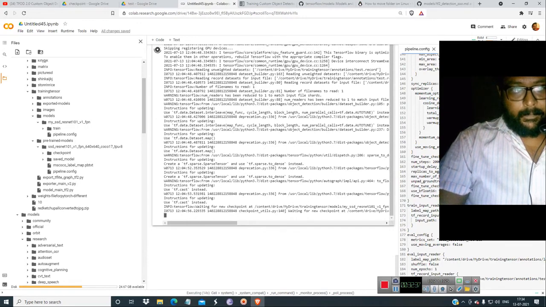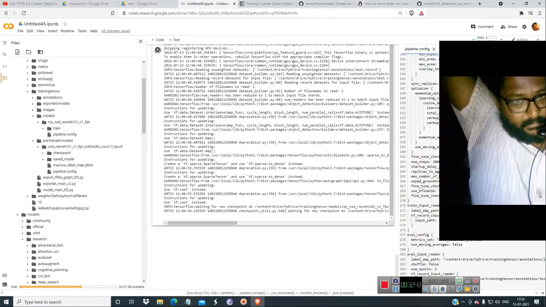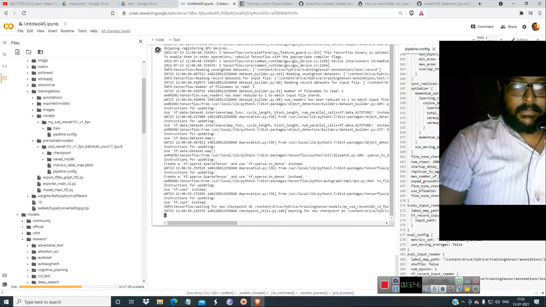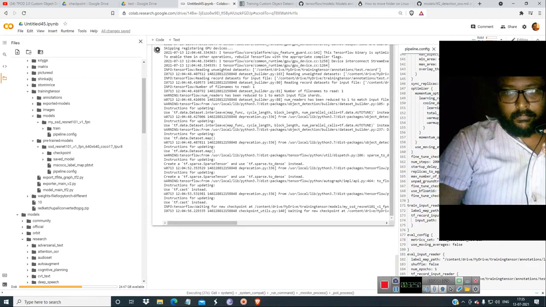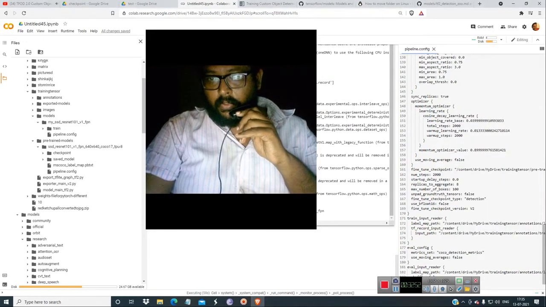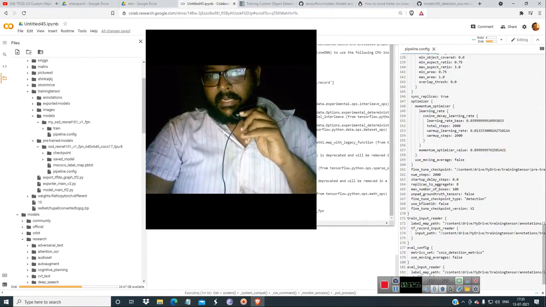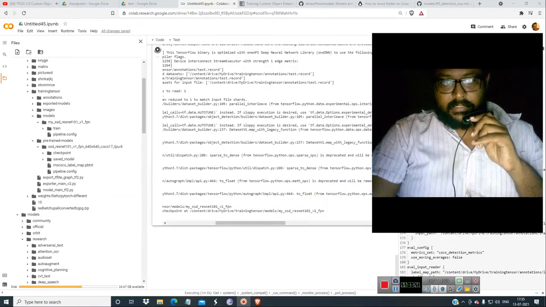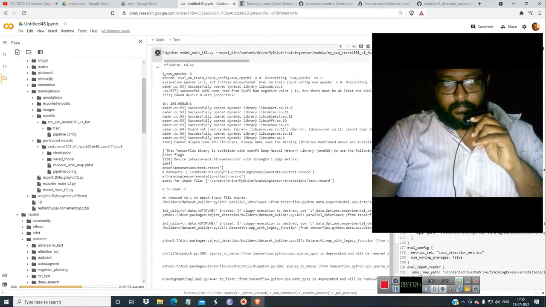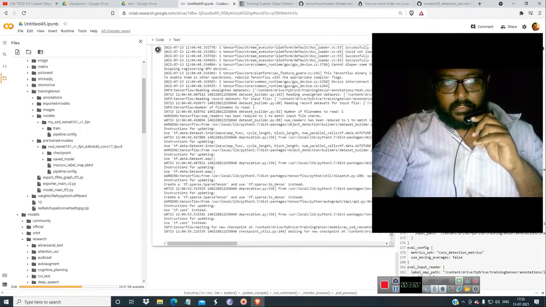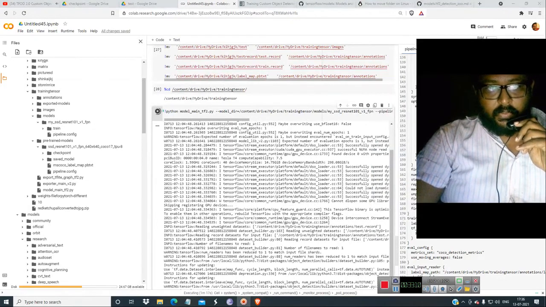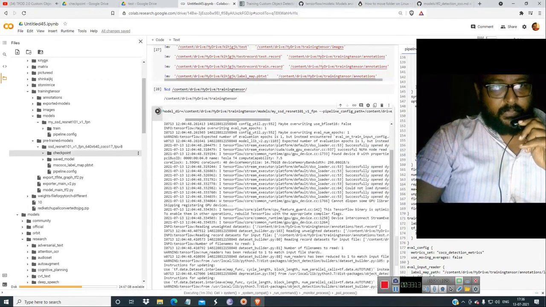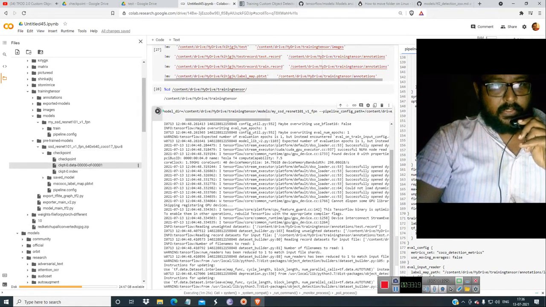So I think everything is going in a correct manner. You have to give the total number of steps; I have given 2000, so you have to give that correctly. Over here it is at the 154th step, so it is just running. The only thing is that you have to give the model directory here as this empty folder. As you can see here, it is an empty folder with all those checkpoints.